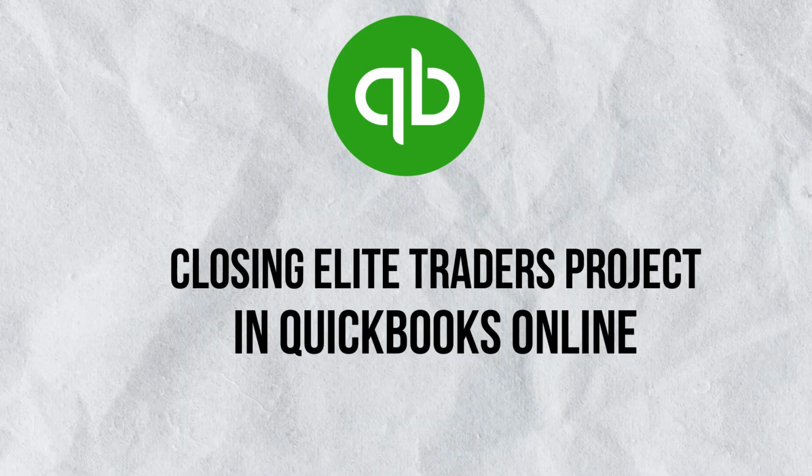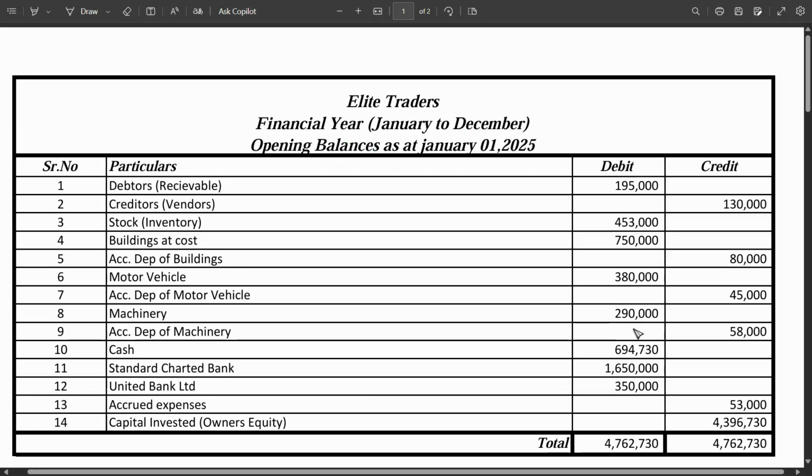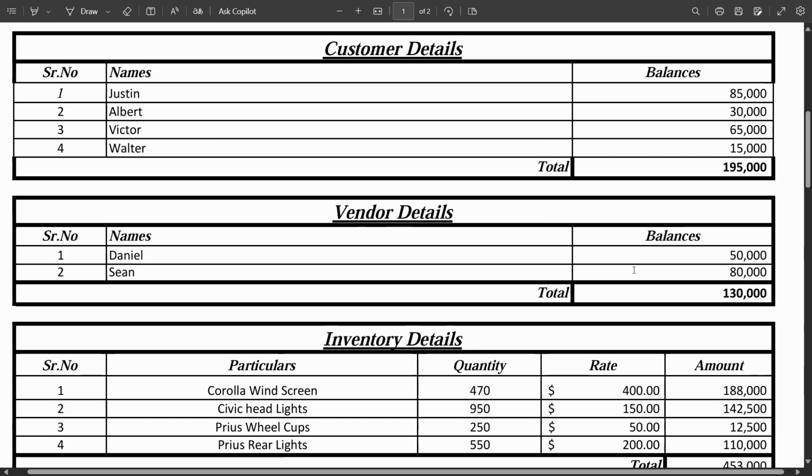So far, we have finished the complete Elite Traders project, in which we considered the scenario that the company was operating for many years, but they were working manually or some other software. So they want to transfer and fully implement the QuickBooks Online system. So I have showed you how we can create this chart of accounts from scratch and put their opening balances,